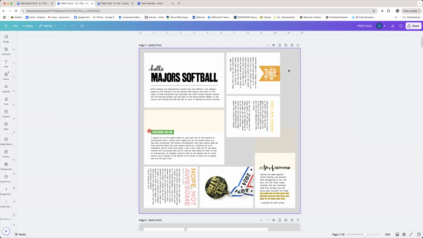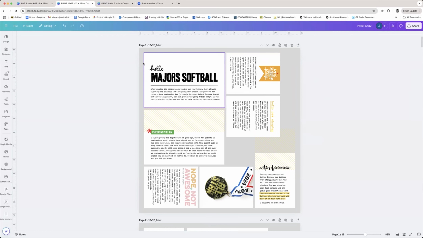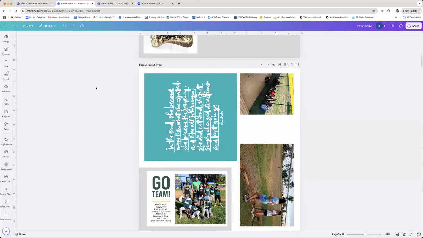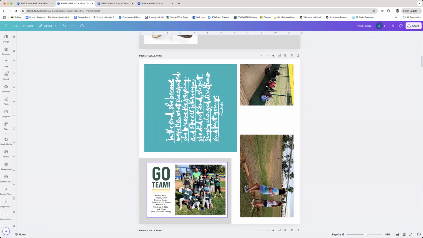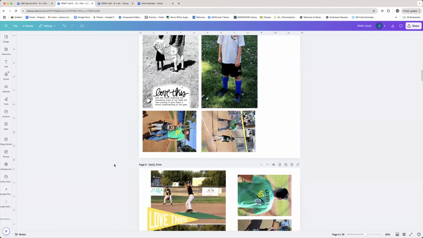So this particular page, these are all white background cards, and I didn't want to add a stroke to them. I wanted just to be able to see where the edge was. So I just put a light gray rectangle or square on my page, and it'll print like this, and I will know that I just need to cut on the edge. If the photos did not have a white background, then I just put them on the white 12 by 12. This one right here, this is a 4 by 6 that has a white background, so I just threw a little gray square behind it and adjusted that.